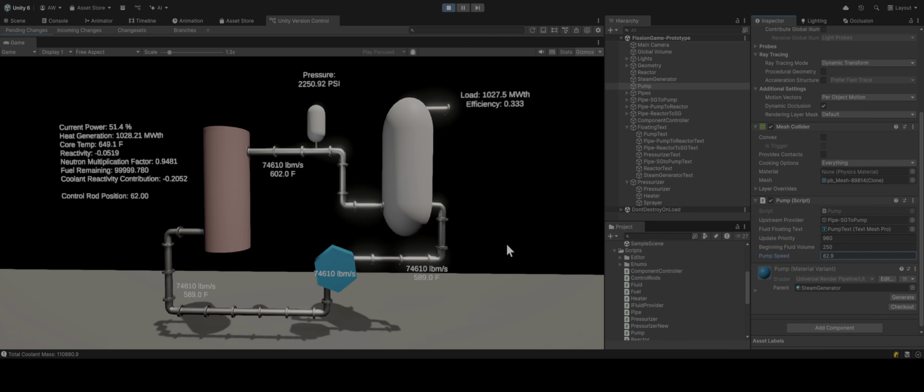This has a negative temperature coefficient, so as reactor coolant temperature goes up, the reactivity goes down. Yeah, so this is just a basic simulation. I wanted to try to create